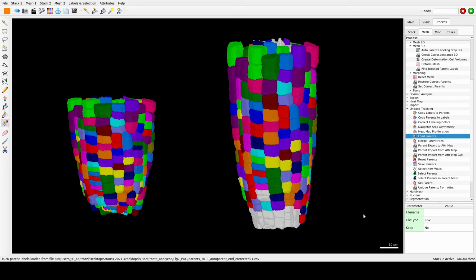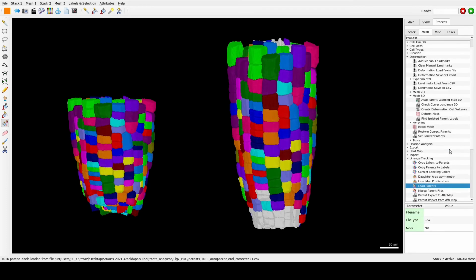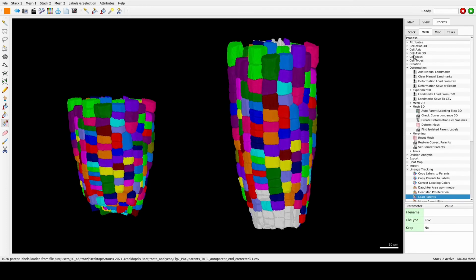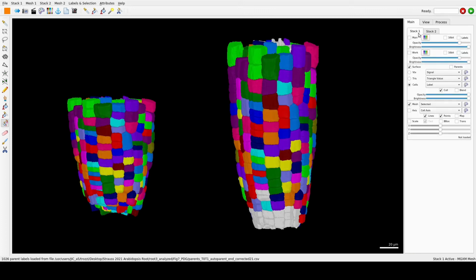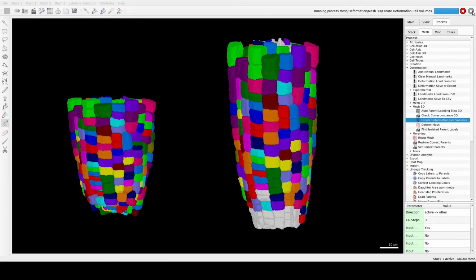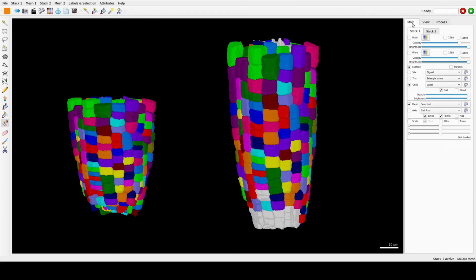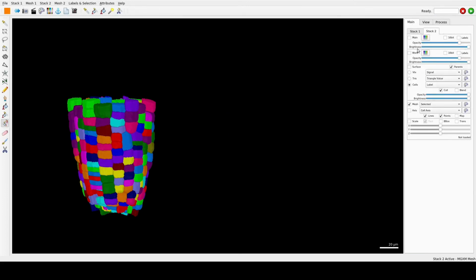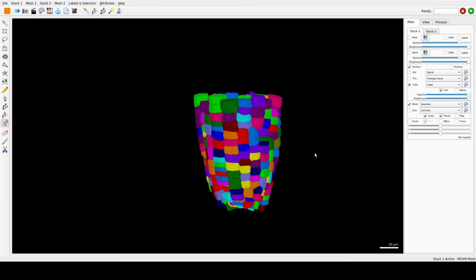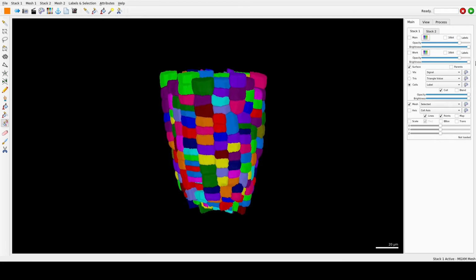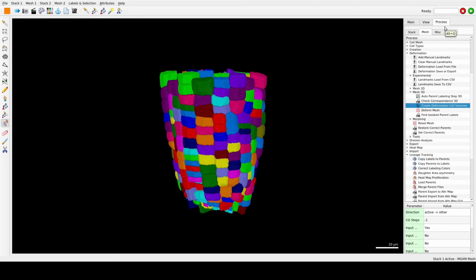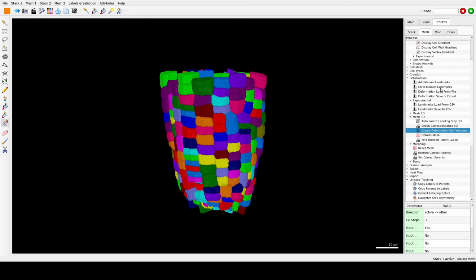So first of all, we have to create a deformation function like we did for the 2D samples. And we can do it in deformation, mesh 3D, create deformation cell volumes with stack 1 active. After that, we can hide stack 2 and keep only stack 1. And we can create the growth directions of your choice. And to do that, you need to run the process mesh cell axis 3D